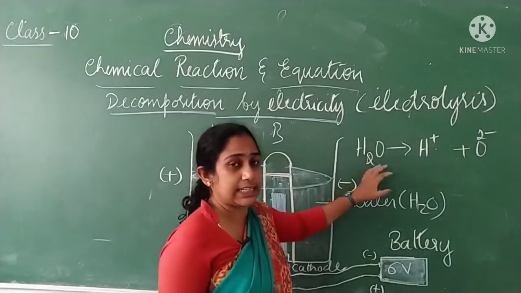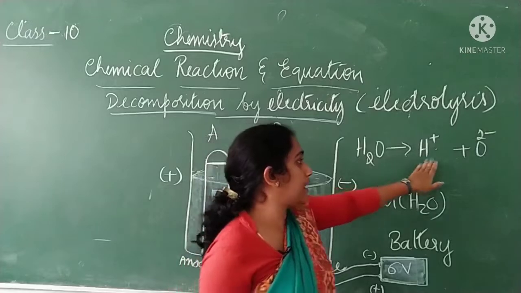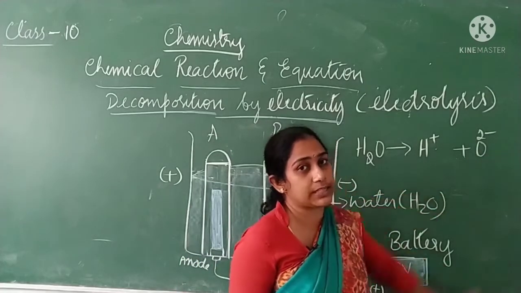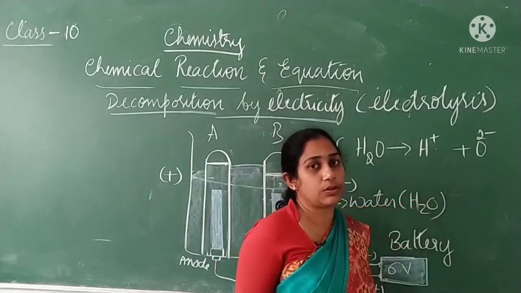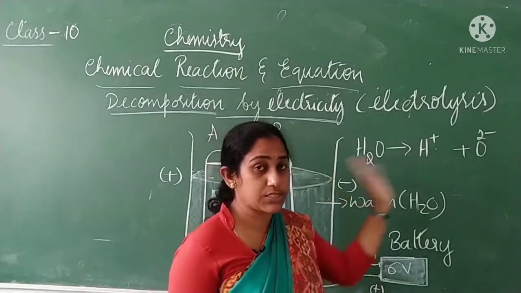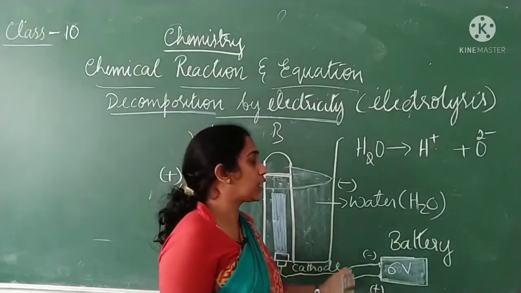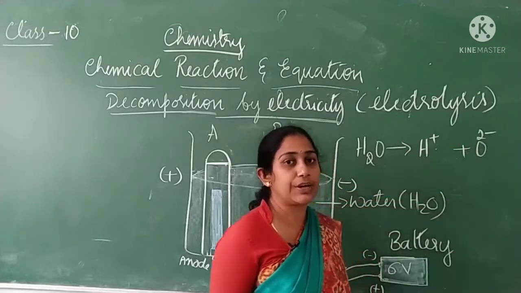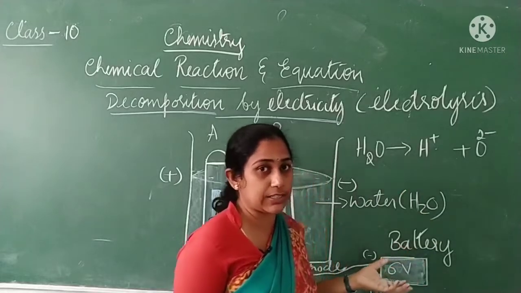When you pass electricity through water, it decomposes to form H+ ions and negatively charged oxygen ions. So it becomes protons and negatively charged oxygen ions on decomposition of water. So water decomposes to form H+ ions and oxygen ions. So hydrogen being positively charged,